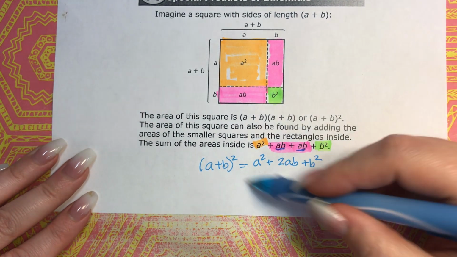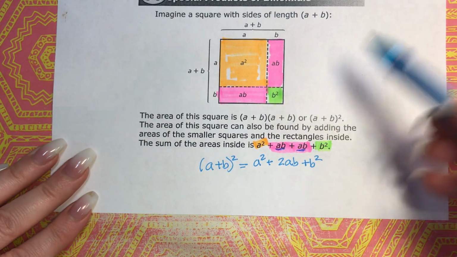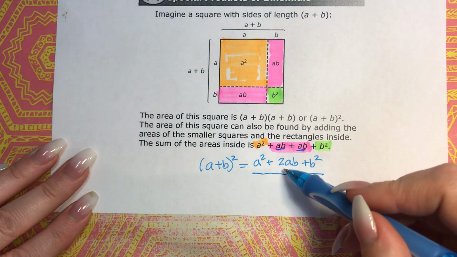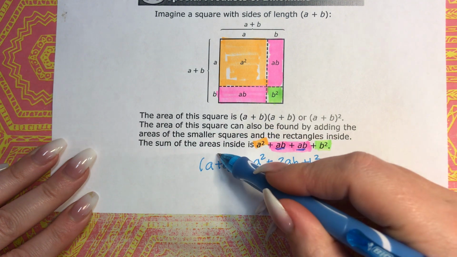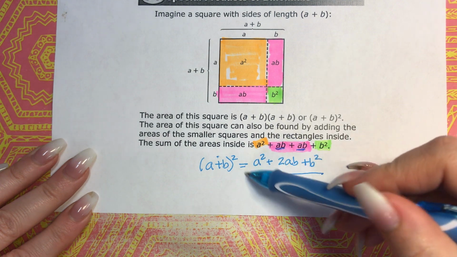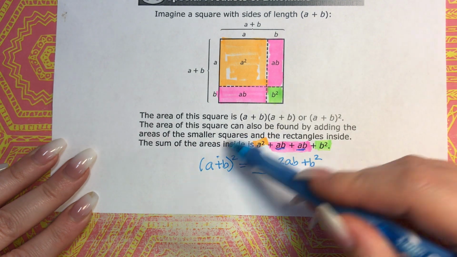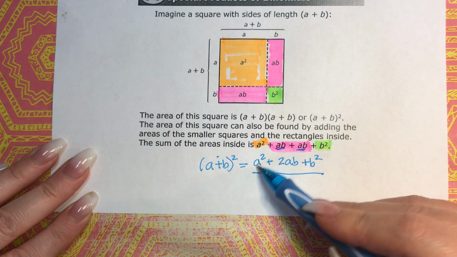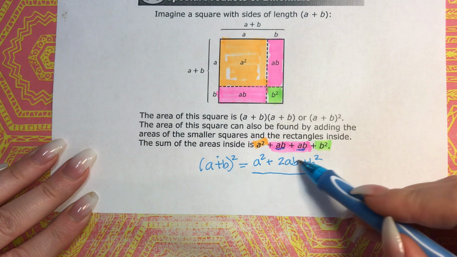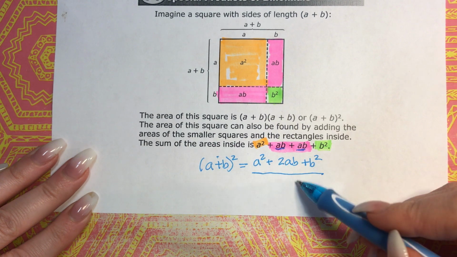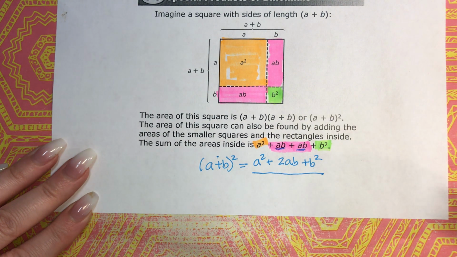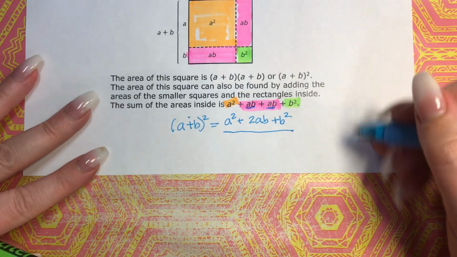Now, the only reason I'm going over this and the way that it looks is that eventually in the next chapter, you'll be given this, and what you're going to have to do is go backwards, and the answer will be this. So whenever you know you're dealing with one of these and you need to go backwards, you look at this and it's a squared number, and you look at this number and it's a squared number, and then the combination is 2 times, because there are 2 of them, ab. So 2ab. So for example, if I needed to,